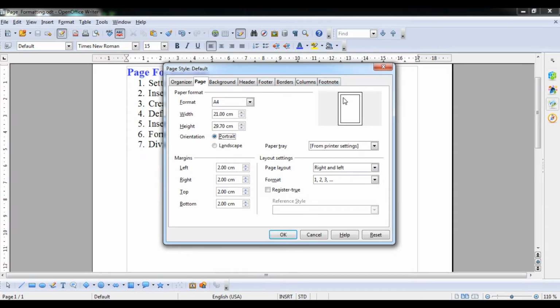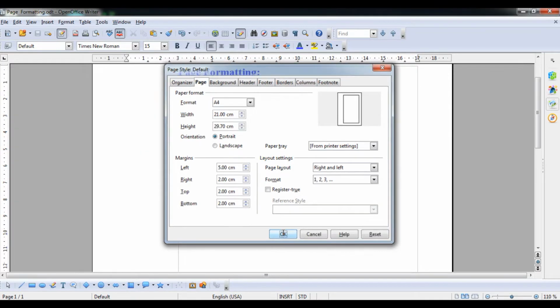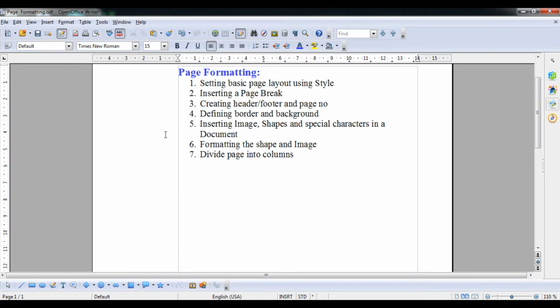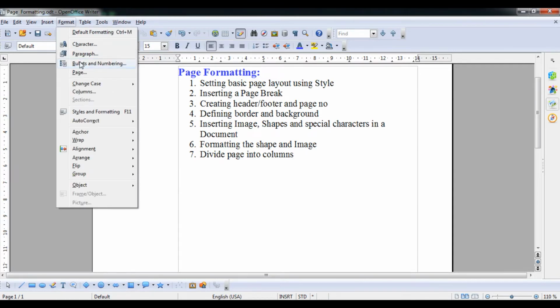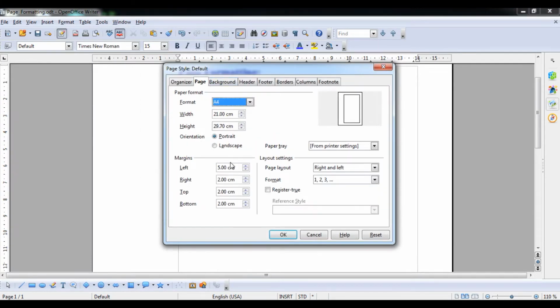What about the margin? Margin is the writing area. Suppose the margin area from the left side is 5 centimeter. Now you can see this particular margin has automatically decreased. Understand? So I will do it again. Default mode: I will go to the Page tab and type here 2.0. In the same way you can change the margin of the page.